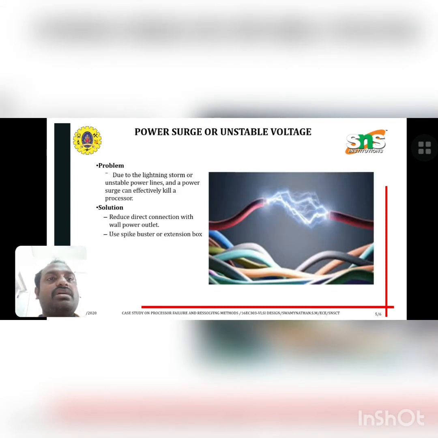Next, power surge or unstable voltage. I discussed power earlier, and it is very important for the processor. Power is interlinked with voltage, because P equals VI: power is equal to voltage into current. We need to switch off the computer or system when we are not using it, and also charge up to 100%. So from below 10% to 100% we need to charge. Once the 100% charging level is reached, we need to disconnect the power cable.